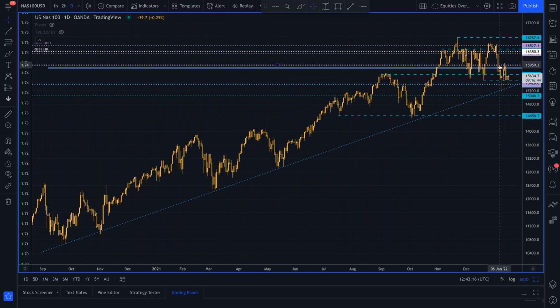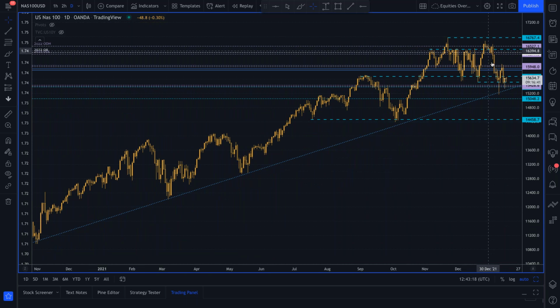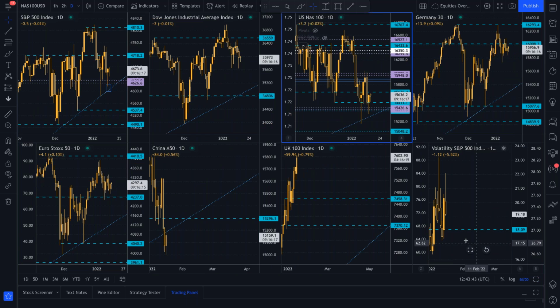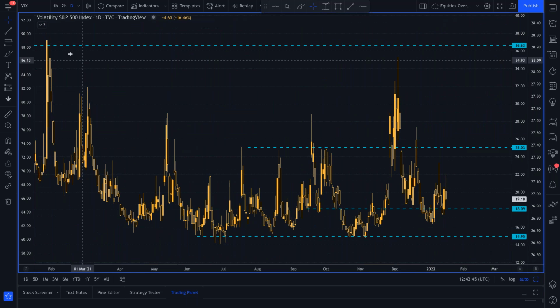So with the Fed raising interest rates so quickly, the concern is that they're moving too fast. Now, don't make this mistake. Just because interest rates are rising, it doesn't mean that stocks will automatically fall. Interest rates can rise at the same time that yields are rising and stocks are moving higher. But what investors do get very scared about is if there's a disorderly move in the bond market.